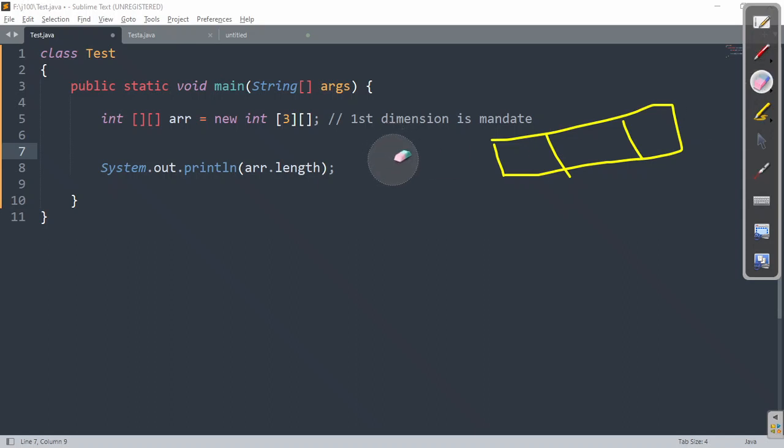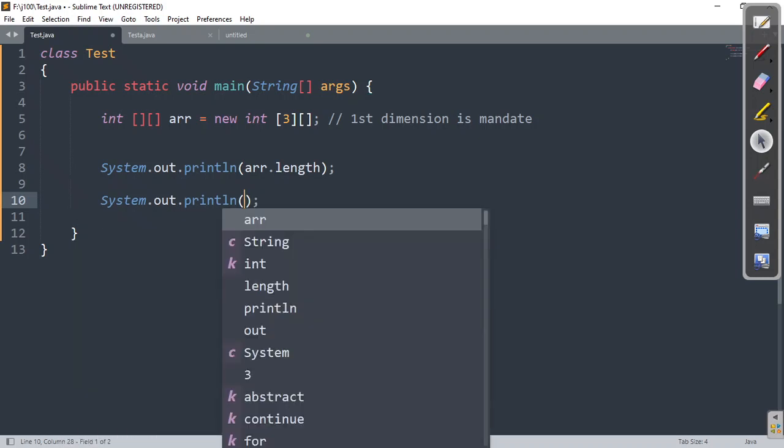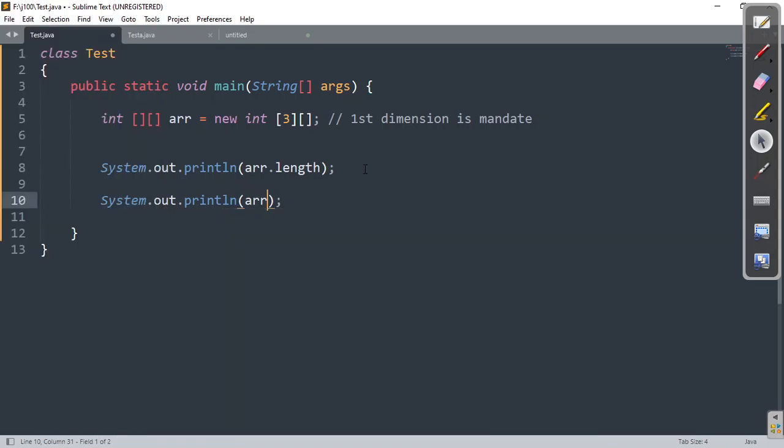Fine. Now, the next question. Suppose I'll try to print this one here. So definitely what will be the value? Immediately you say our base value is 3, so the length will be definitely 3. No problem. Absolutely fine. You can cross check that one also. Next, if I'll try to print the value of ARR, immediately what is it going to print?